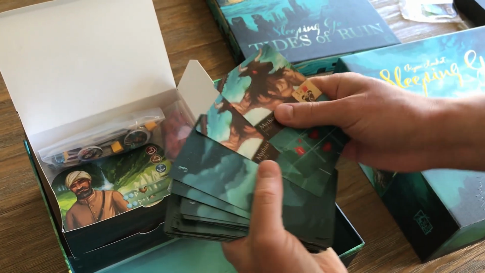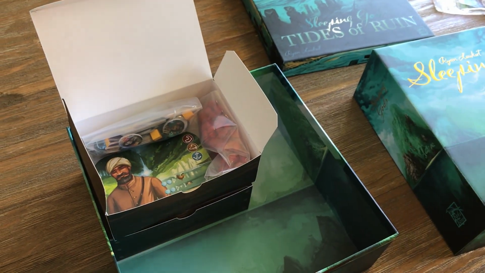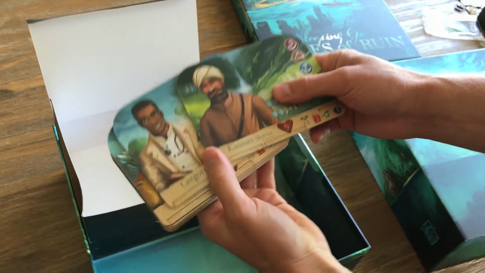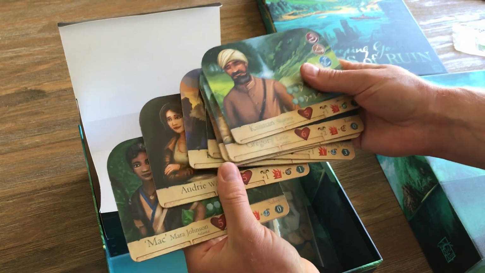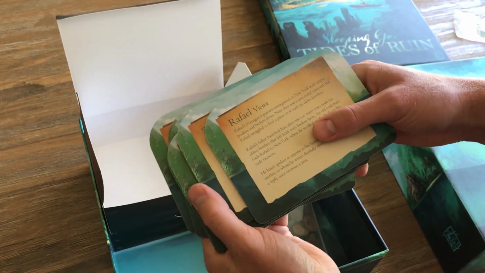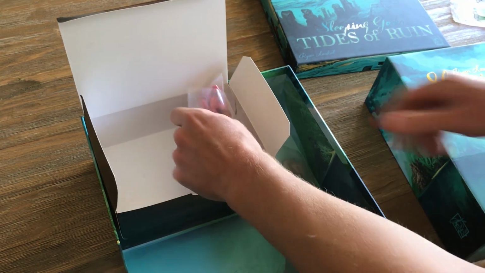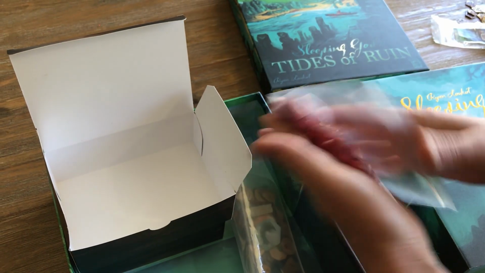I can show these because we've already shown them on the Kickstarter campaign. These are the crew boards, the crew member boards. And on the back, you can read their personal history, their background story. These are damage tokens,